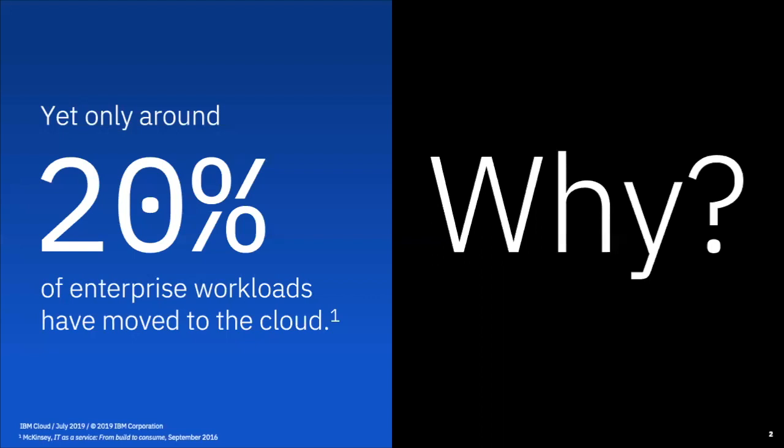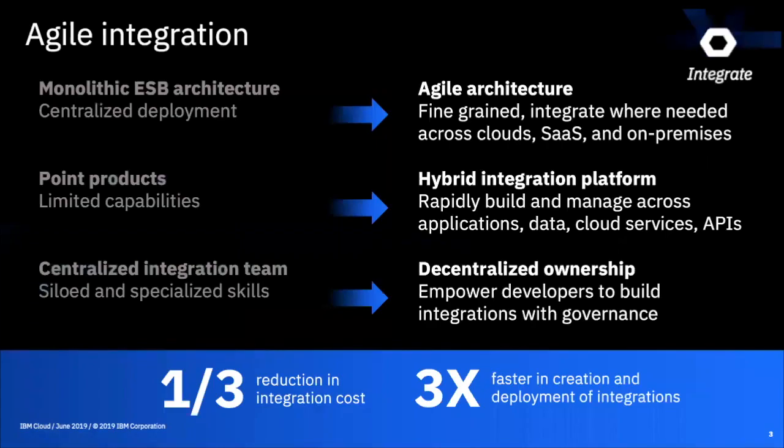However, getting to their data does provide new value, new applications and APIs. When you look at the challenge today, Agile integration focuses on how you get from the left-hand side here to the right-hand side, meaning monolithic ESB type architectures where it takes a very long time and maintenance windows to do the updates, to move new updates in and change integration from point products, meaning that I've got a variety of different things that I use for integration that drive complexity in both the skills, but also in how I manage those integrations.